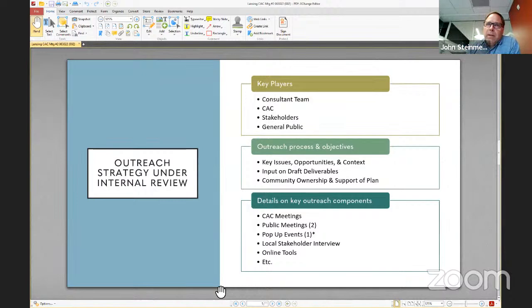Given the number of people you identified, we can't do 36 conversations separately. That's just too much time, too much inefficiency. So we would look to having conversations with you. Are there similar walks of life that we could combine, and personalities? We respect that too. We understand that if Joe and Jane across town don't get along, we probably don't want to put them in the same focus group.